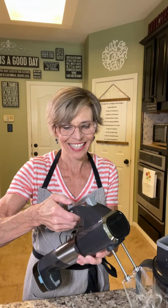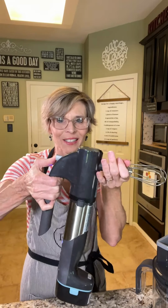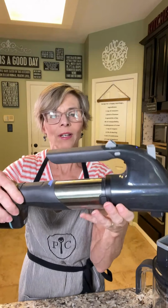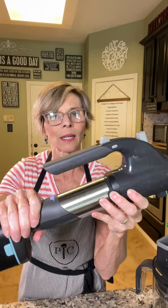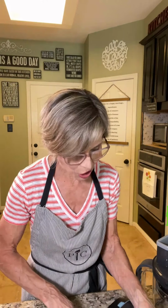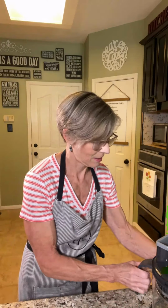1, 2, 3. To get these off, it's just like a regular hand mixer. You just push it in and they'll pop out. There you go. And then to get this off, you just squeeze and it'll come straight off. Super easy, right? All right, we're gonna move on to the